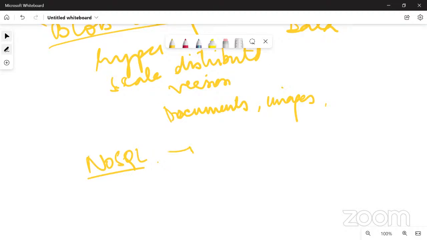NoSQL is for semi-structured and unstructured kinds of data. Okay. So NoSQL data stores cater to semi-structured data types, where you have key value, wide columns or trees, documents and graphs. So there is something called a key value data store inside this.